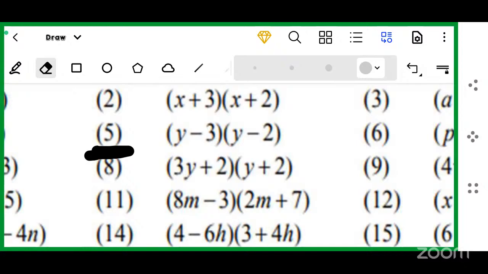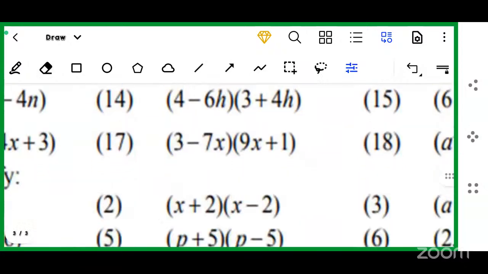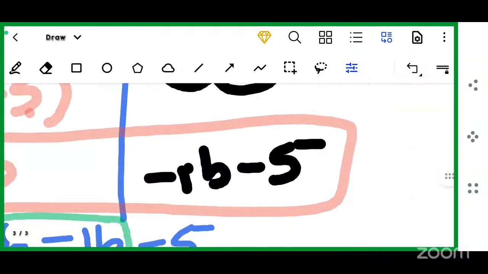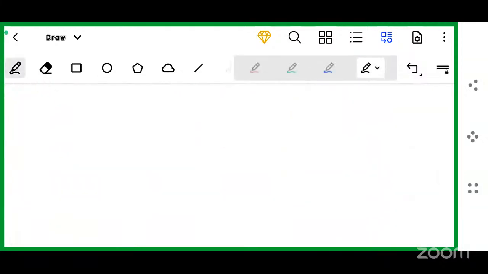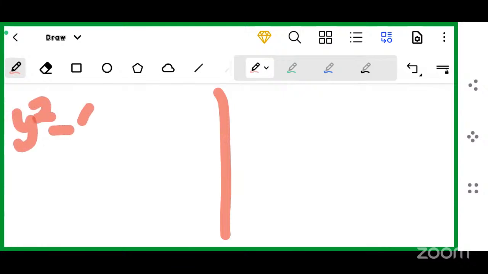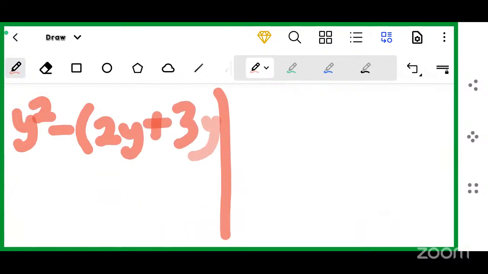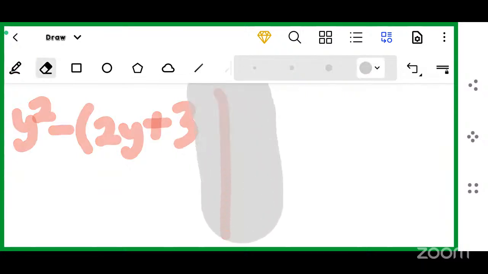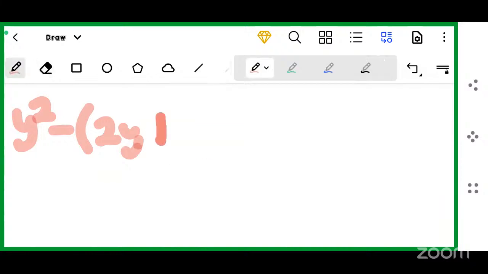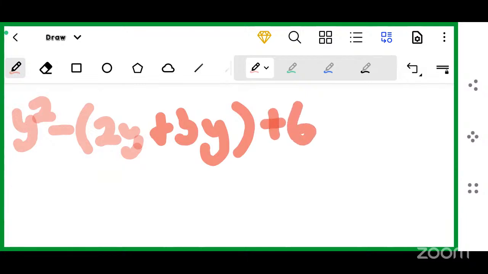Okay, so Ole, what was your answer? Ma'am, it was y to the power 2 minus bracket 2y plus 3y close bracket plus 6. Okay, plus 3y close bracket. The last one plus 6, ma'am. Plus 6. Okay, the final answer being